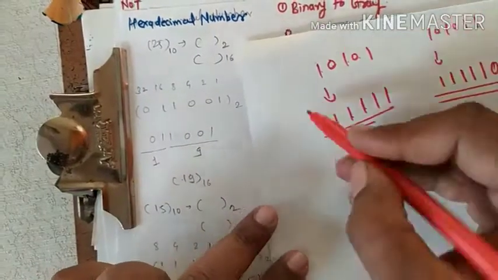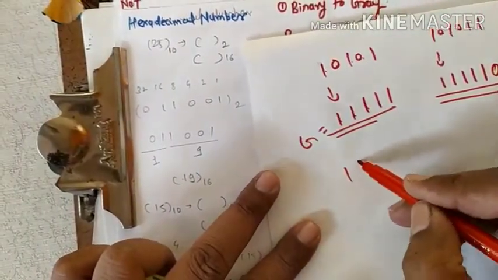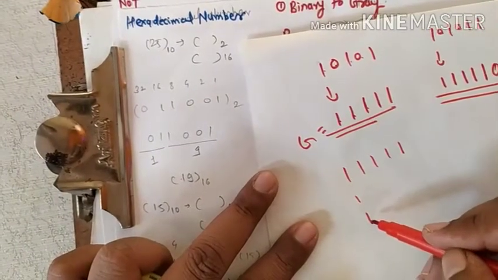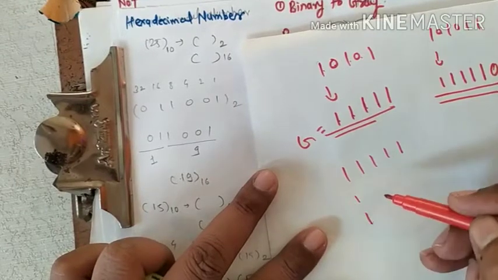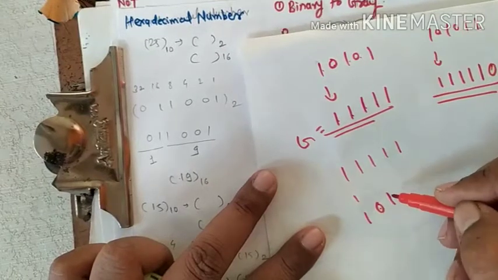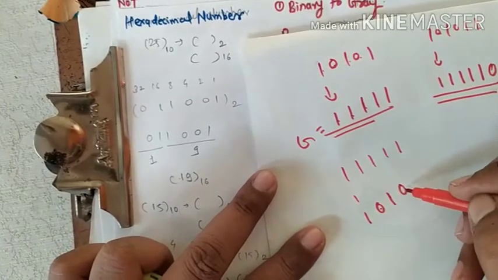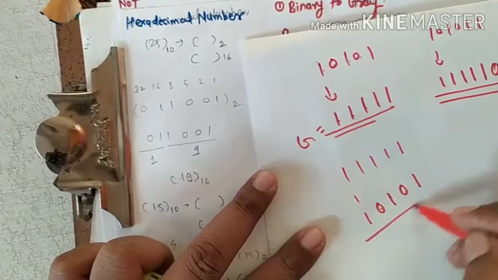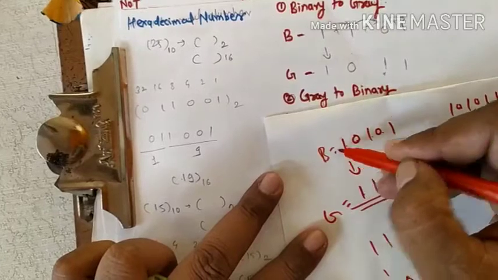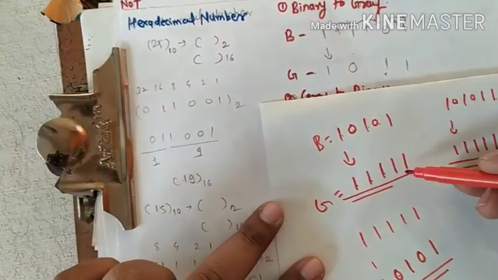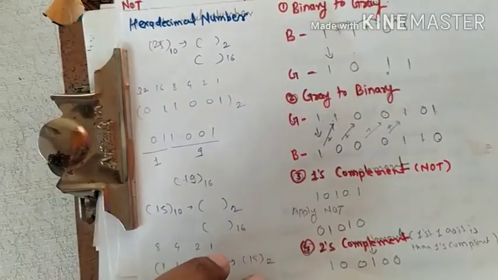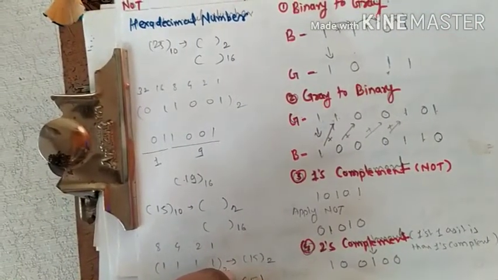See here, we know that this is our gray code. So we write the gray code 1 1 1 1 1 and write the first number as it is, then add this number with the next number. So 1 plus 1 is 0, then 0 plus 1 is 1, then 1 plus 1 is 0, then 0 plus 1 is 1. So our number will be this binary code. This binary code and this binary code will be the same. So first we convert this binary code into gray code, and again gray code to binary code. In this way you have to convert binary code to gray code or gray code to binary code.